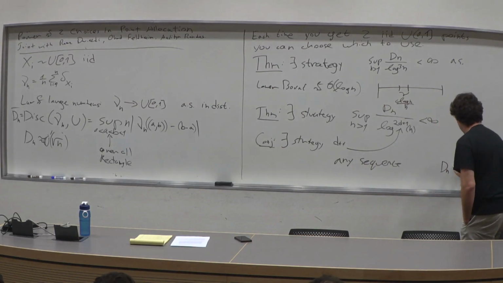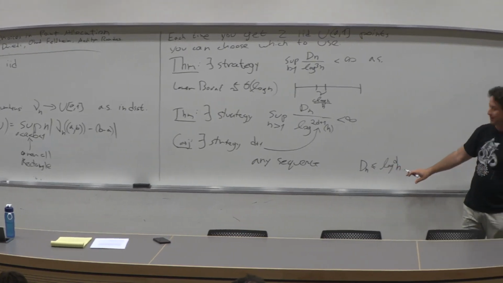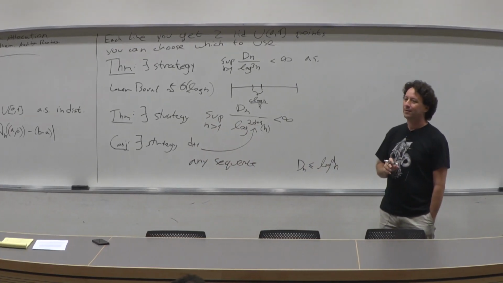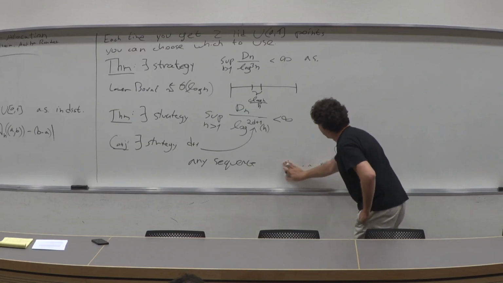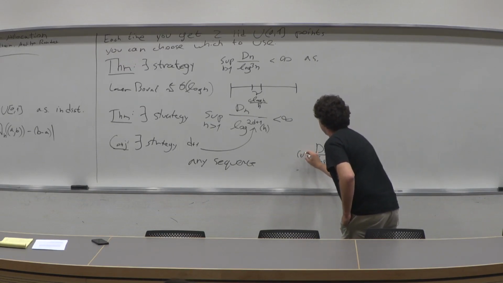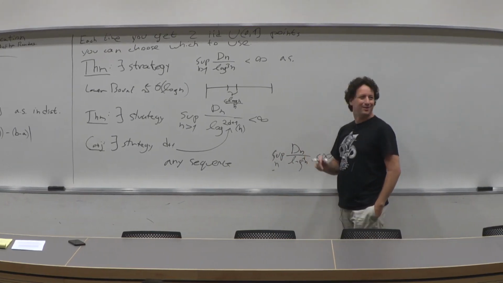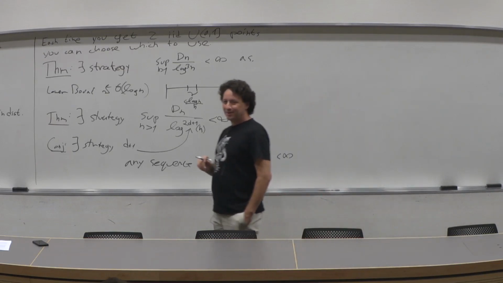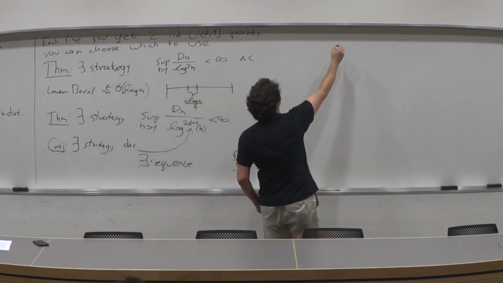There are an upper bound and a lower bound. The upper bound is log n to the d. So there are some sequences that are slightly better than what we conjecture this sequence is, but only slightly. It's an infinite sequence, so maybe you should write it as D_n over log n to the d is finite. So there exists a sequence like this, and it's also known that for any sequence,